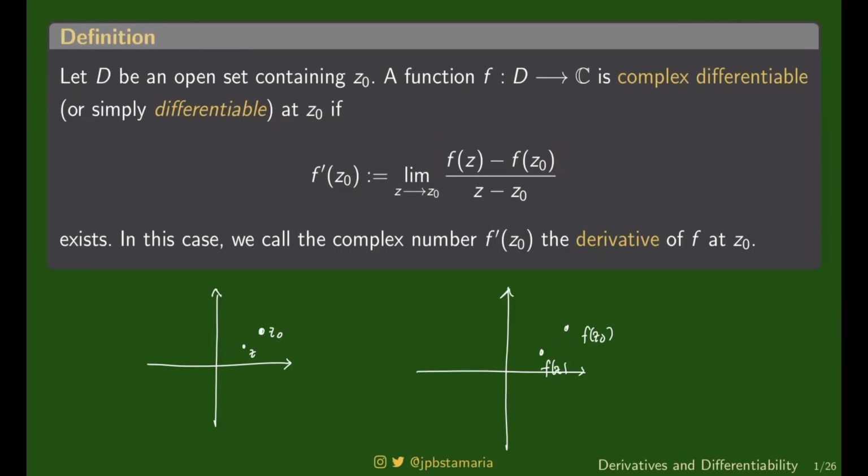So, to get that quotient, you just simply subtract these two. Divide that difference by the difference of z and z naught. Anong meaning nun? I don't know. Basta, we just copied the definition in the real case and see whatever will happen in the complex case. Okay? But again, because the definition is similar, there are still things that still hold. You will see that there are still familiar things that will hold.